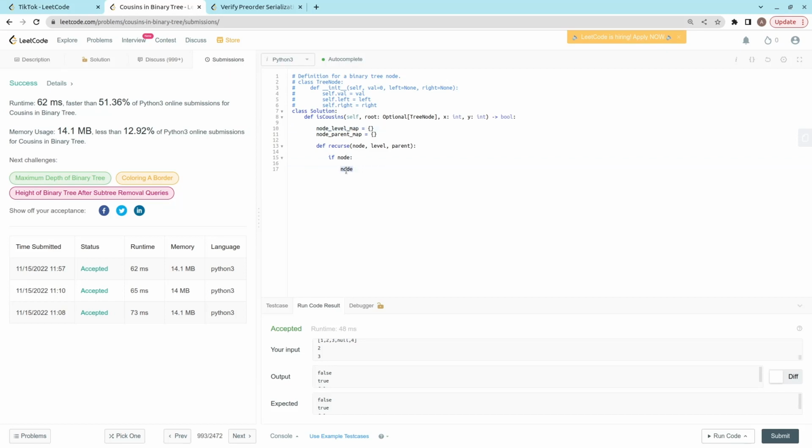So let's first store the level information. So we can basically say node level map of the current node is equal to level, and then we can say the node parent map of the current node is equal to the parent. So it is actually possible to use the entire node as a key in our dictionary. So a node is defined this way, where it has three attributes: the val, the left, and the right. But we know that all these values are unique, so just to make things simple, let's just directly use the integer value as the key for this map,